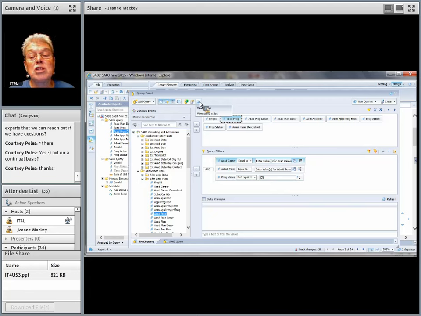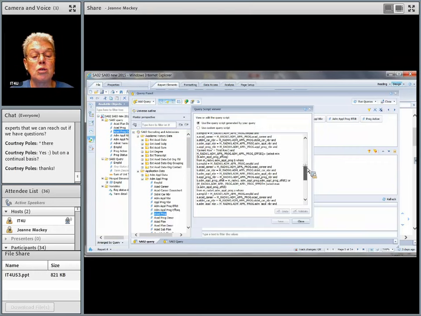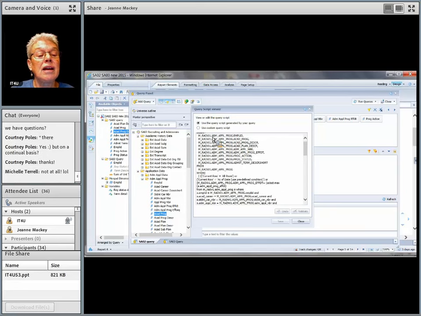So Business Objects generates a programming code called structured query language. If I click this little button right here, that's going to show me the code that's being generated. Sometimes I find it useful to look at that. This is showing me the folder. It's admissions, applications program, admin Apple prod, and it's selecting Ample ID.